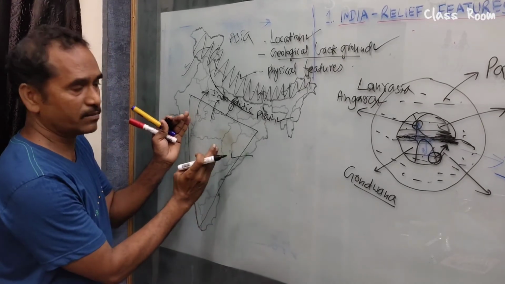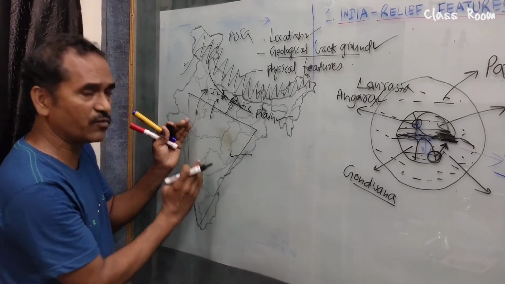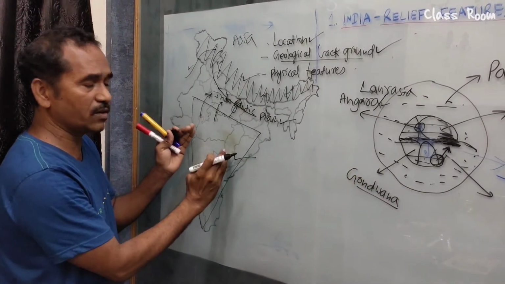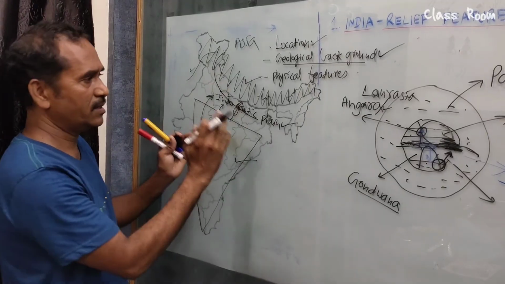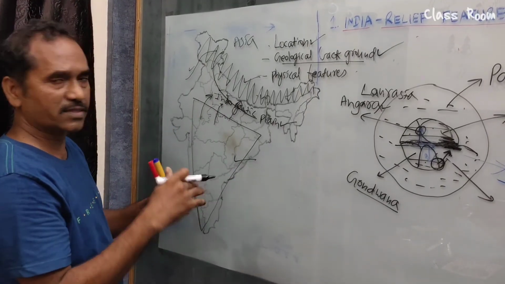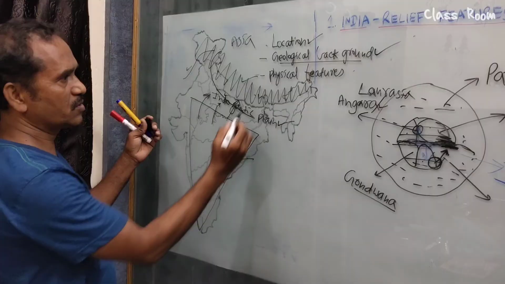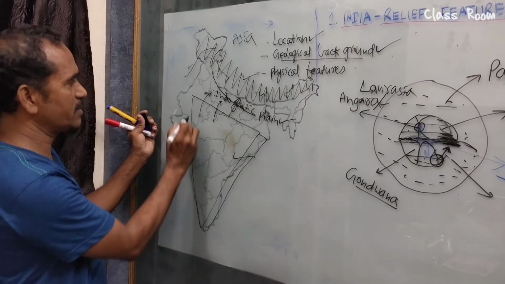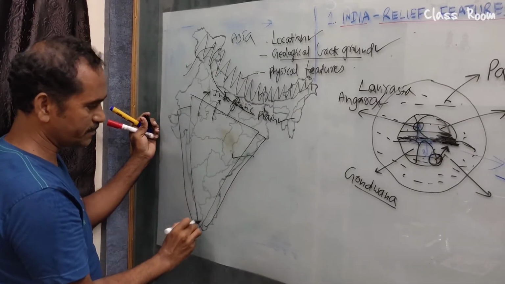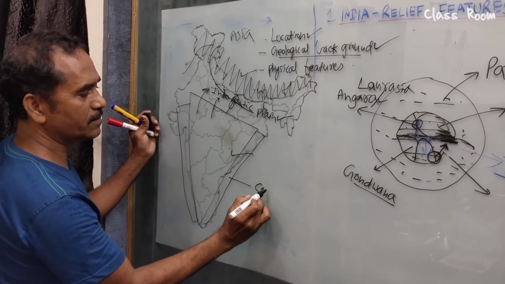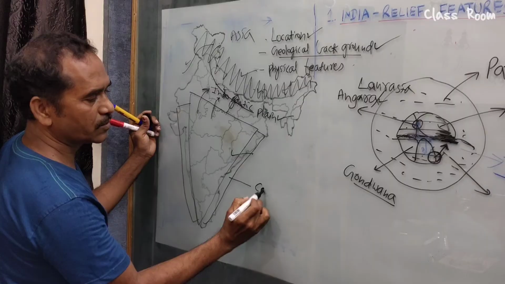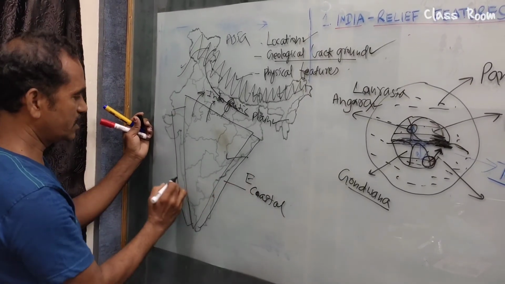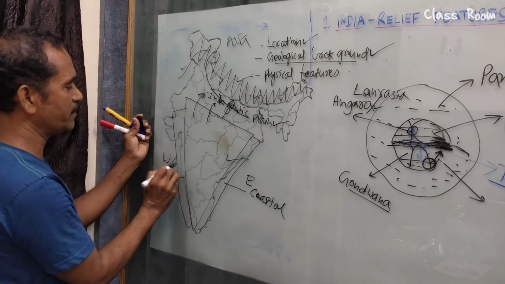Yes, this is the Peninsular Plateau, because this Peninsular Plateau was once part of Gondwana. See here, Gondwana. So among these three, this is the oldest one, and we try to find some more divisions in India. So 1, 2, 3 completed, and this one is coastal. As we know, see the picture. This is the coastal plains. So this part is coastal, the east coastal plains, and this part is the west coastal plain.